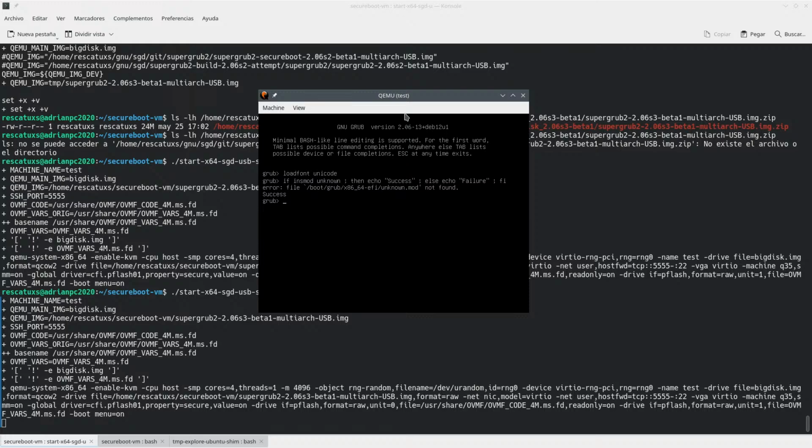Look at this. So if the file is not found, don't tell me success, just fail. But I think this is done on purpose. I think this is done on purpose so that when you boot and there is a module that does not exist, so